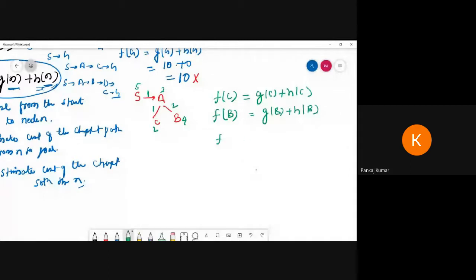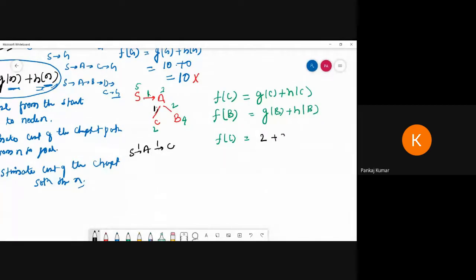So we cannot write the path cost from this one directly. From S to A and A to C, how much will it take? 1 plus 1, 2. So it will be 2. So we are calculating the actual path cost. I am calculating 1 plus 1, so S to A to C. So 1 plus 1 plus the heuristic value. What will be the heuristic value of H of C?